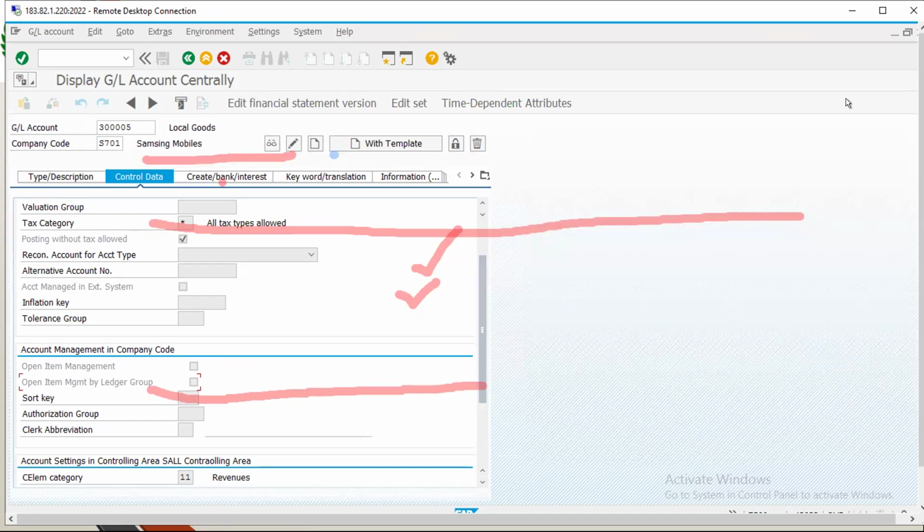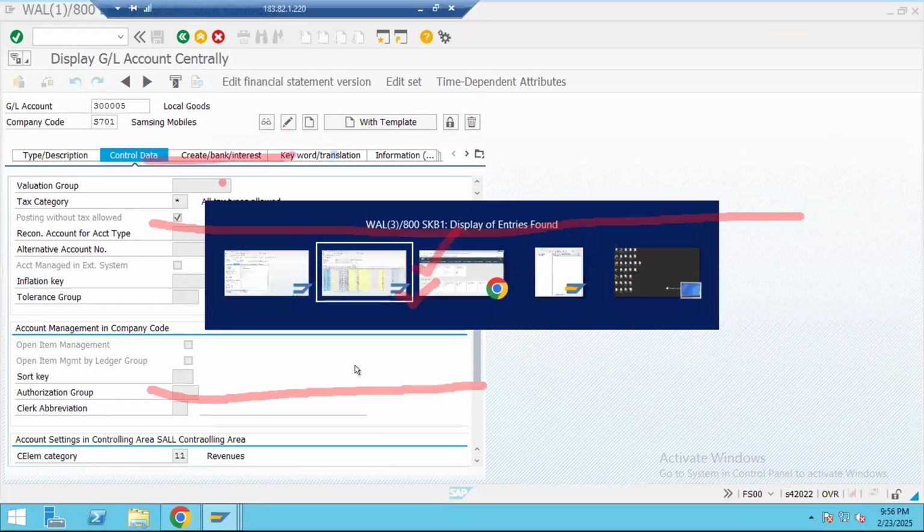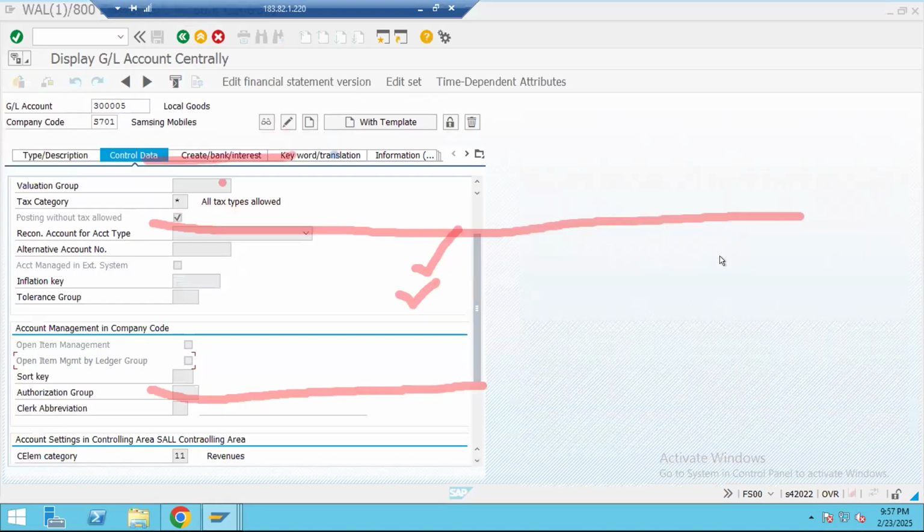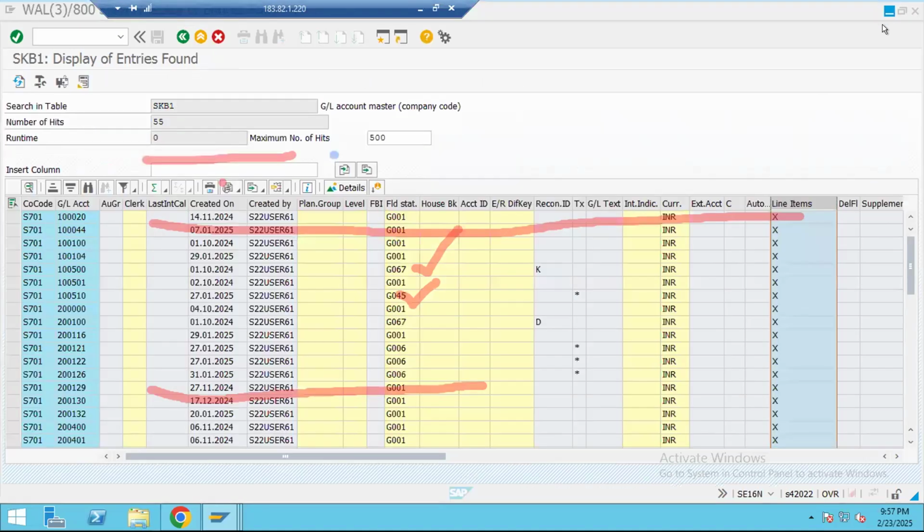Don't get confused. If I go here, you can see the table view SKB1, GL account master data at company code level. You can see by default it has been activated for all the GL accounts. So no need to activate it while creating the GL account, or even after creation. By default, the option will be applicable for all the GL accounts, for your information.